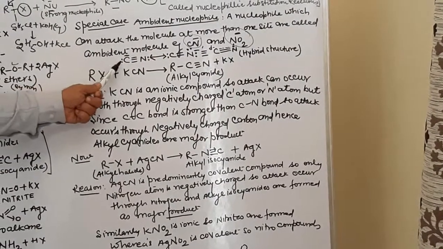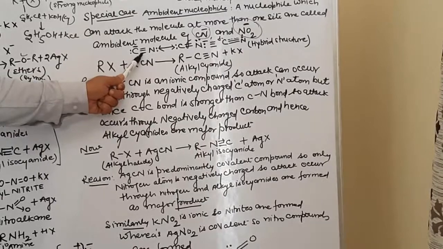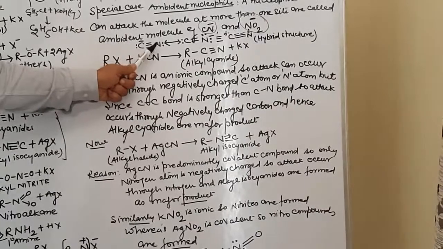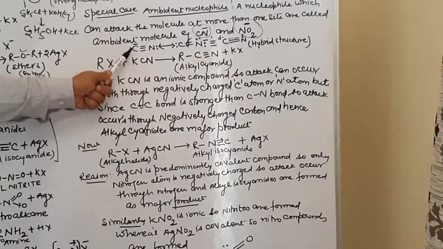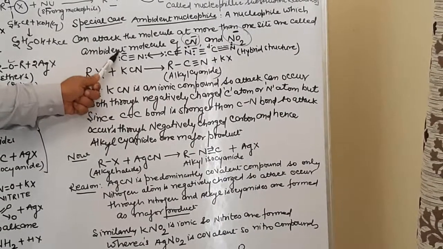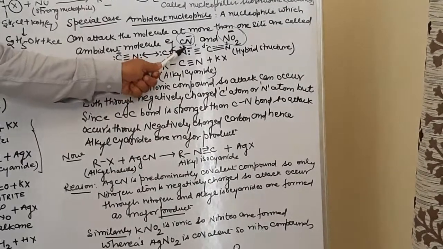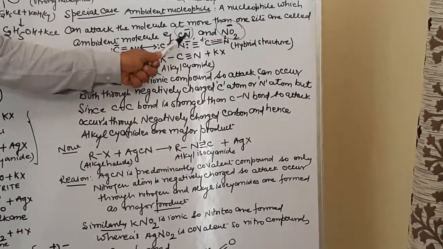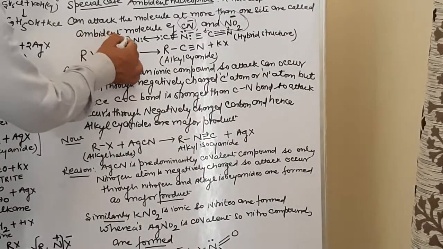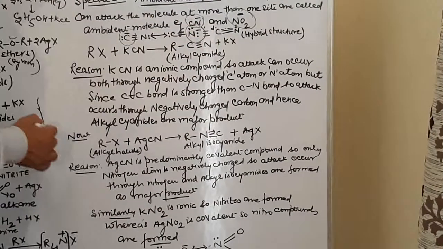As for example, if I say cyanide, just look at the structure of cyanide over here. What is the valency of nitrogen? 3. So there are 3 bonds, a triple bond. What is the valency of carbon? 4. So this will be a triple bond and a negative charge. Now on the nitrogen atom, there is a lone pair of electrons. To satisfy the valency of carbon, there is a negative charge. So it may attack through carbon. Or if you go for the resonating structure, you may see over here the negative charge is on the nitrogen. So it may also attack through the nitrogen over here. So what I mean to say, the attack of a cyanide may take place through carbon, or through nitrogen.